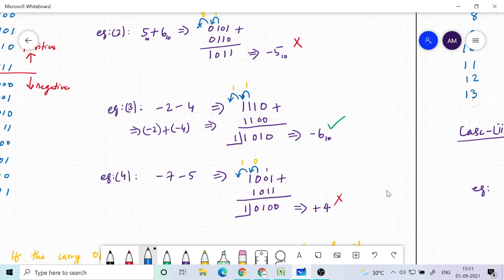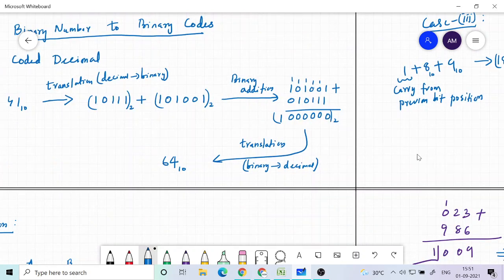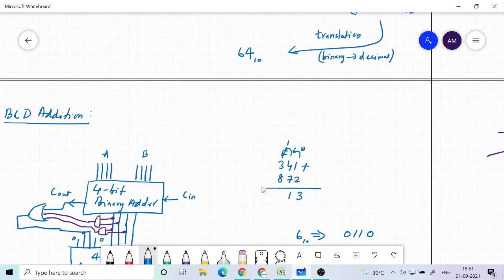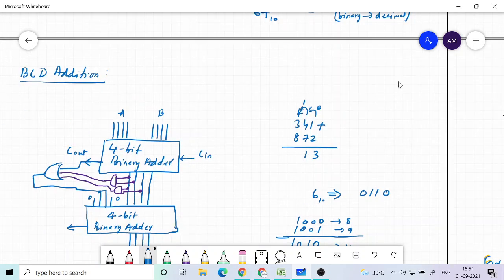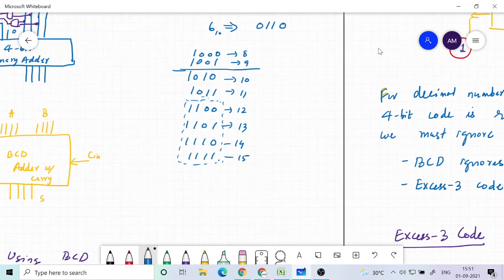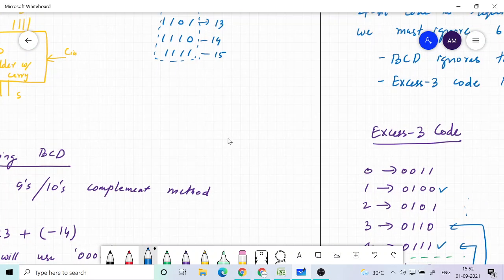Now, one thing which I forgot to tell is that in BCD addition also you can detect overflow, because half of the numbers are allocated to be positive. When we take a 3-digit number, like here, let me go there.